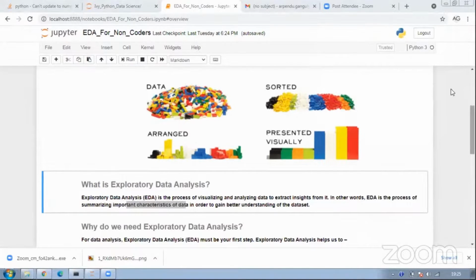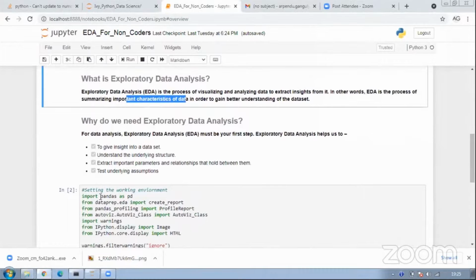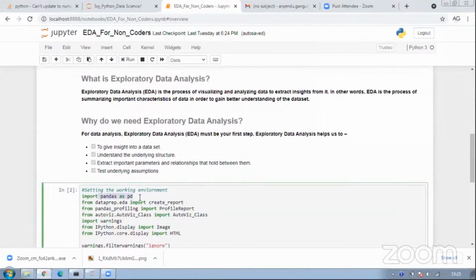Okay, what libraries are prerequisite for this? Let's start from that part. Definitely we will be using Pandas. Pandas is one. Second would be dataprep. There are two kinds of libraries which are generally there for Python. One is something which is there by default. So imagine, let's say you buy a car, and there are certain features which are there by default, right?